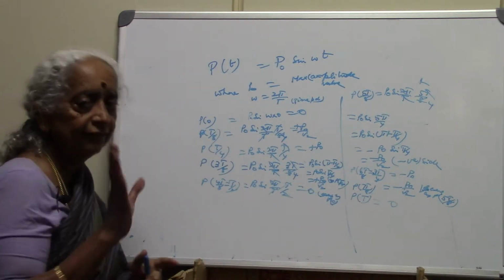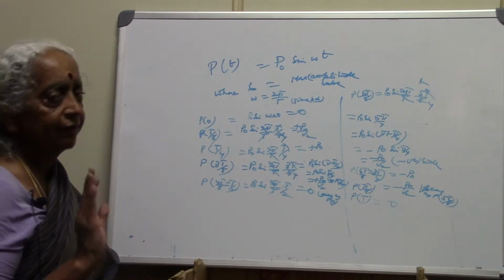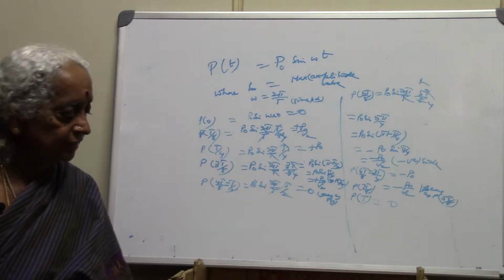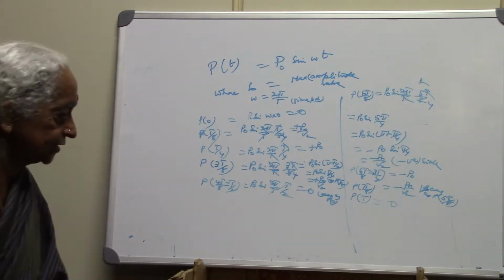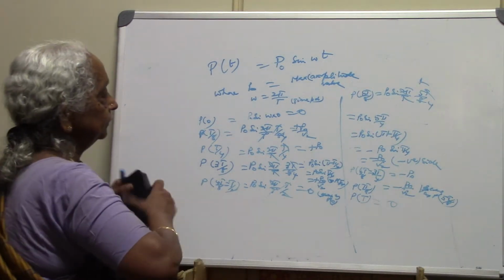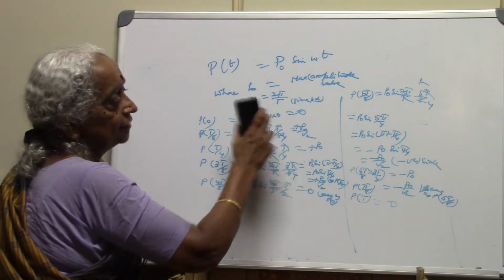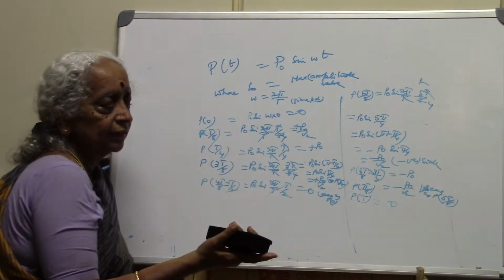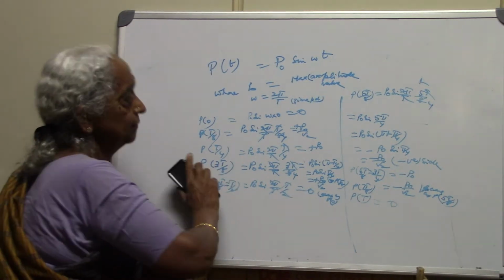This is how the signal input varies. My interest is not the signal input, I am only seeing the input to the transistor. How does it change is our question. So this is how the variation comes in, the sinusoidal variation of the signal input, which is an AC, but it is a weak AC, remember that.